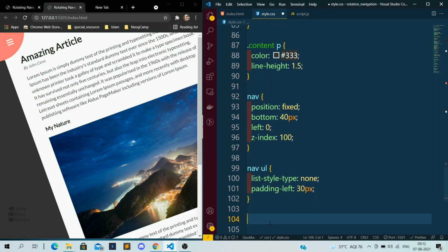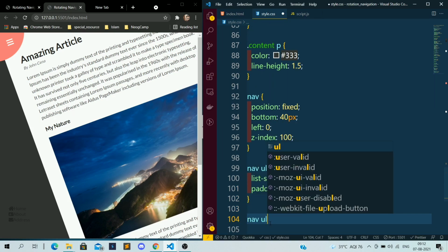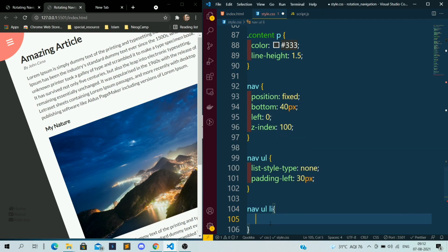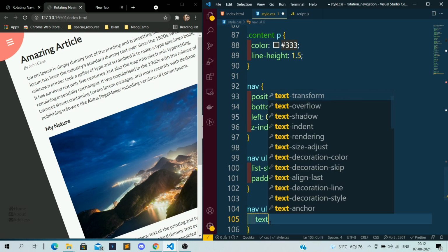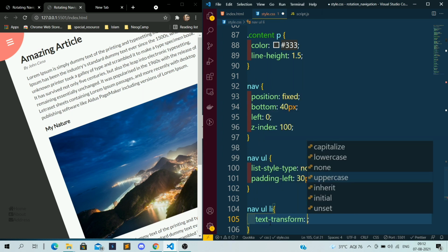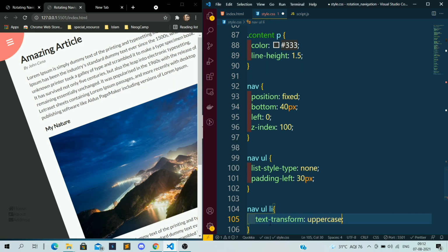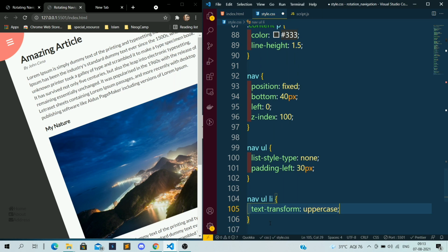Now I will apply the CSS for the LI; inside the nav we have the UL and inside the UL we have the LI. I want the text transformation for the LI to be uppercase. Now if I save it, you see this text is in uppercase.